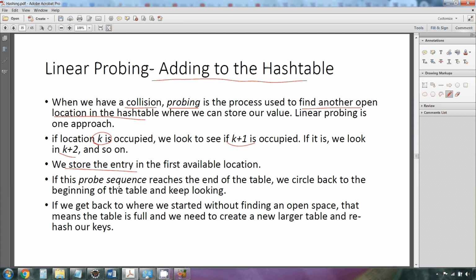If for some reason in this probing we reach the end of our hash table, remember we're thinking about our table just like an array, we can circle back to the beginning and keep looking for that open spot. If we get all the way back to where we started without finding an open space, that just means our table's full. We don't have room for another addition, and we can either reject that addition or create a new larger table, and of course then we'd have to do what's called rehashing our keys,